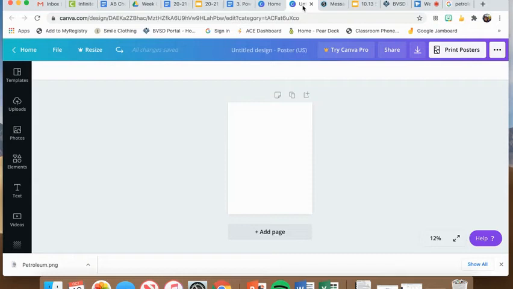Okay, so what I'm going to do is just run through the different tools that you can use to add some design elements to your poster. Over here on the left, you'll see this black toolbar. These are all the different options that you can mess around with. I'm just going to run through them real quick and show you a basic understanding of how